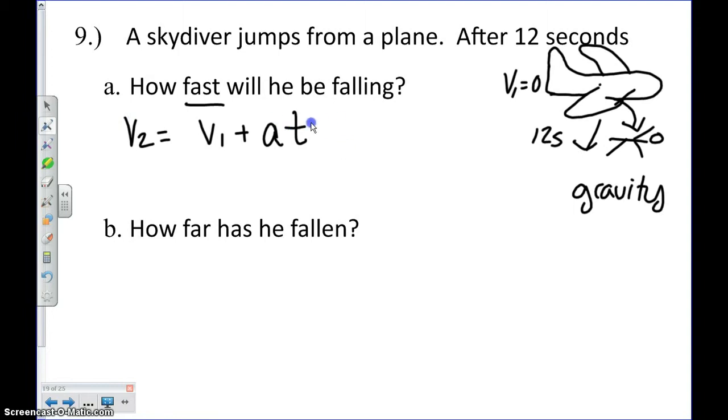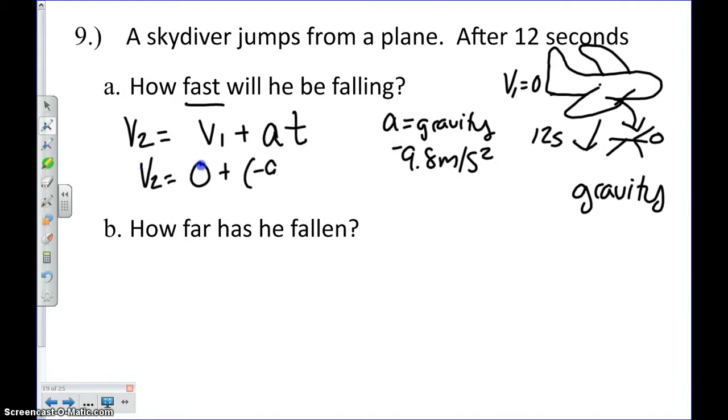And this one is not one that we've used a lot. My acceleration is going to be the acceleration due to gravity. So what is gravity? That is 9.8 meters per second squared. And it's actually going to be negative because we're going towards the ground. So v2 equals v1, 0, plus negative 9.8 times 12. And when you multiply that out, it's going to give you